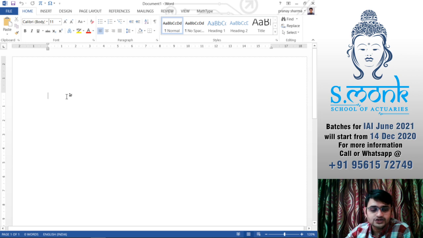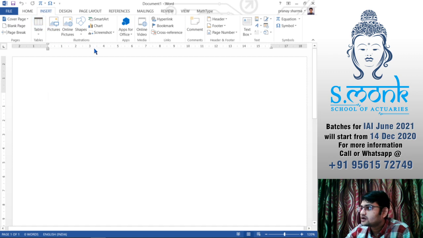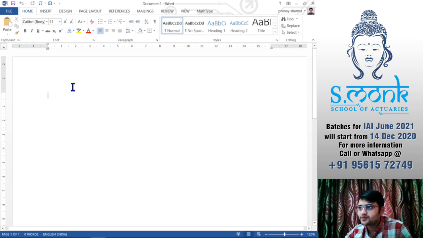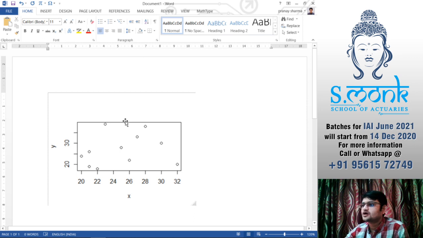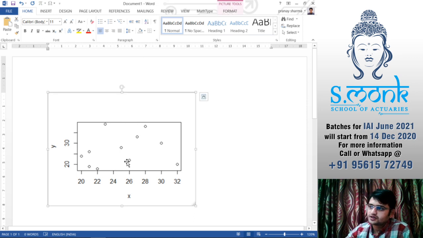They have made sure that you don't right click. So just use Control V. Okay, this is how you will get your plot. Most likely right click was not working in the mock tests, right? So this is an easy way to get a plot by directly going to copy to clipboard.